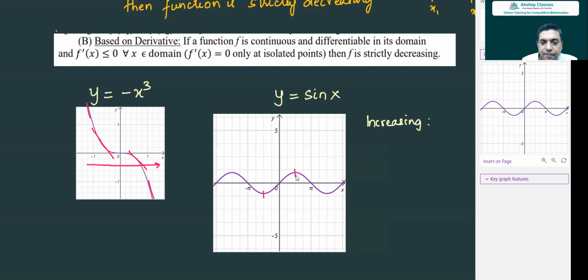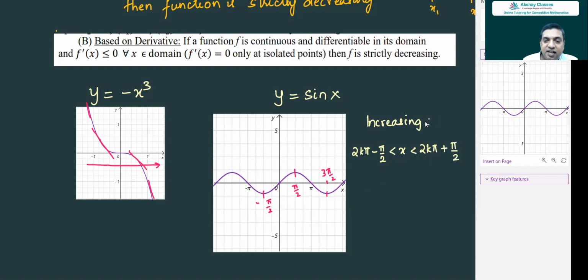And then pi by 2 to 3 pi by 2, it decreases. So from 2k pi minus pi by 2 to 2k pi plus pi by 2,